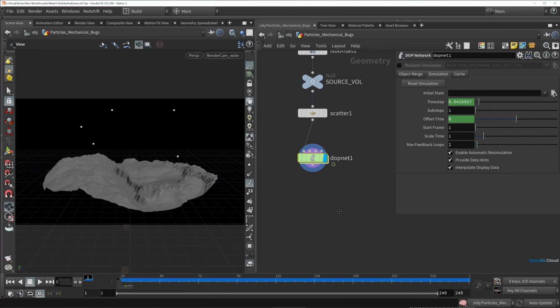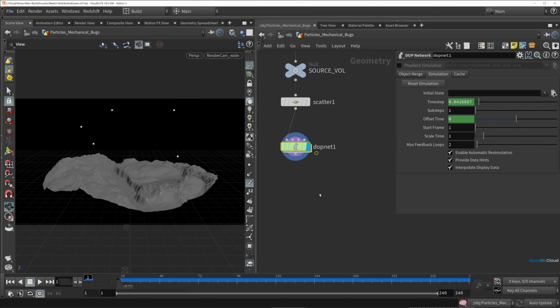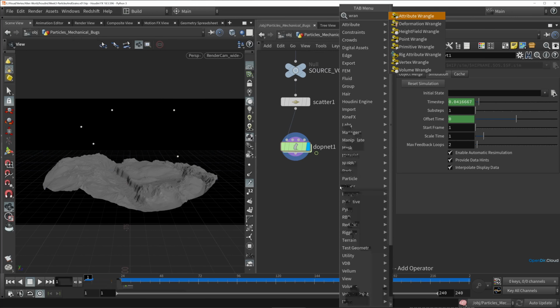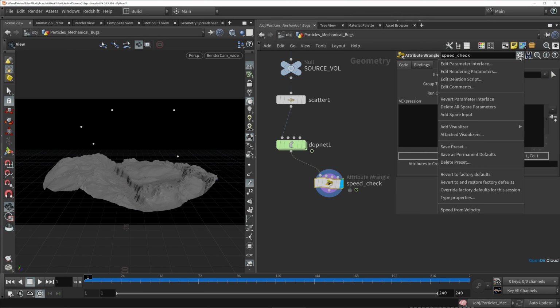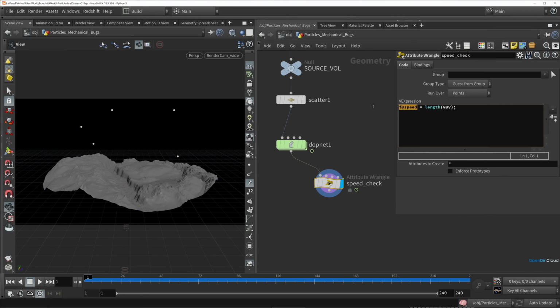And before setting up the valid speed range for these particles, it can be really helpful to check what the current speeds you're getting out of the simulation are. So let's add an attribute wrangle and put that after the DOPNet, and I'll call this speed check. This is something I do all the time, so I have a preset for this on my wrangle. If you go to the gear icon here, I highly encourage you to save a preset for this as well. And I have one called speed from velocity that sets a speed attribute equal to the length of the